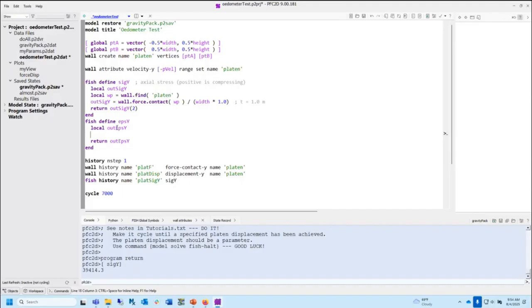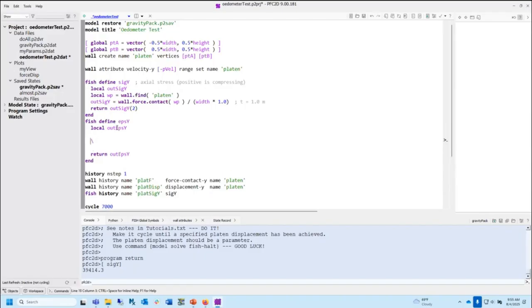General good programming practice is to minimize the number of global variables, because this thing doesn't mean anything to the rest of the world. It's only something that's temporarily needed to do this computation. So you'd like to try to minimize the amount of global things. So epsilon y. Now we're going to have to take the amount of displacement of that wall, and we're going to divide that by something. So let's say out F